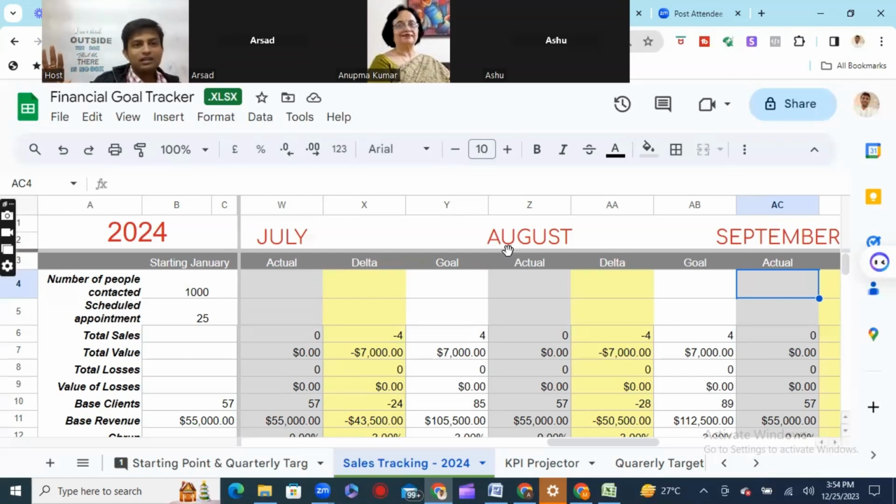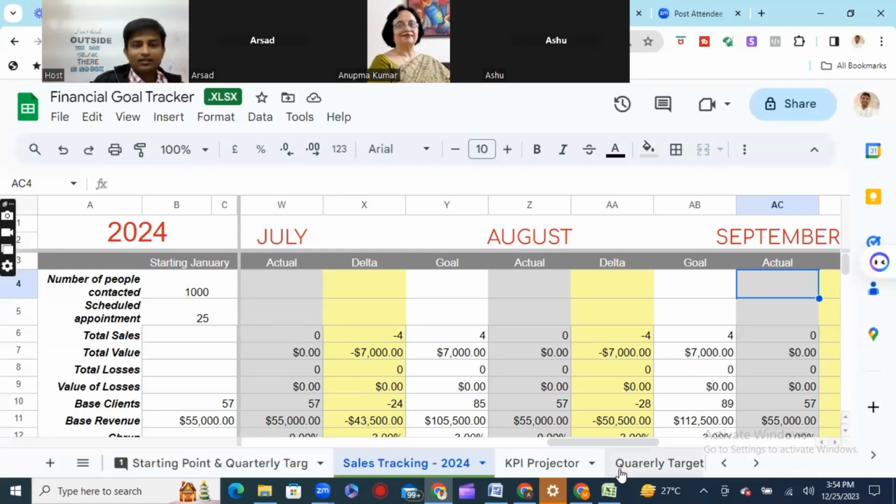So that's very important. 95% of people don't set goals, so you are in the 5%. I want to congratulate you that you have set your goals. Now you are in the 5%, and to become the 1%, you have to be crystal clear with your goal. You track the goals, and you will definitely become the 1%.